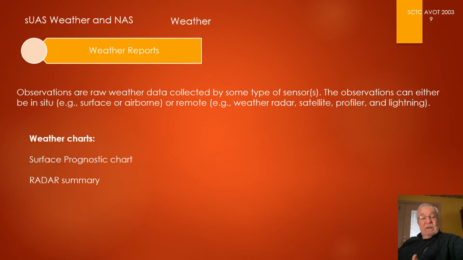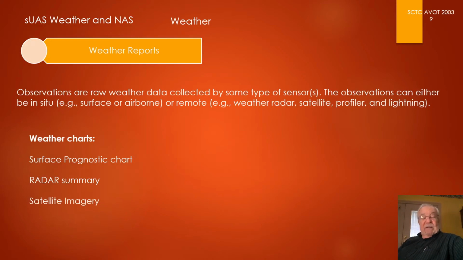Then, of course, we have a radar summary chart, which will show actual radar. It'll accumulate all the radar sites throughout the country, as many as they can anyway, that are operating, of course. It puts it all together into a giant mosaic, so you'll be able to see where the actual rain shower is. And chances are you'll be able to see it moving too, to get a rough idea where it's moving. It may be a slight delay. It may not be. Obviously, the surface prog chart is only accurate at the moment it was made.